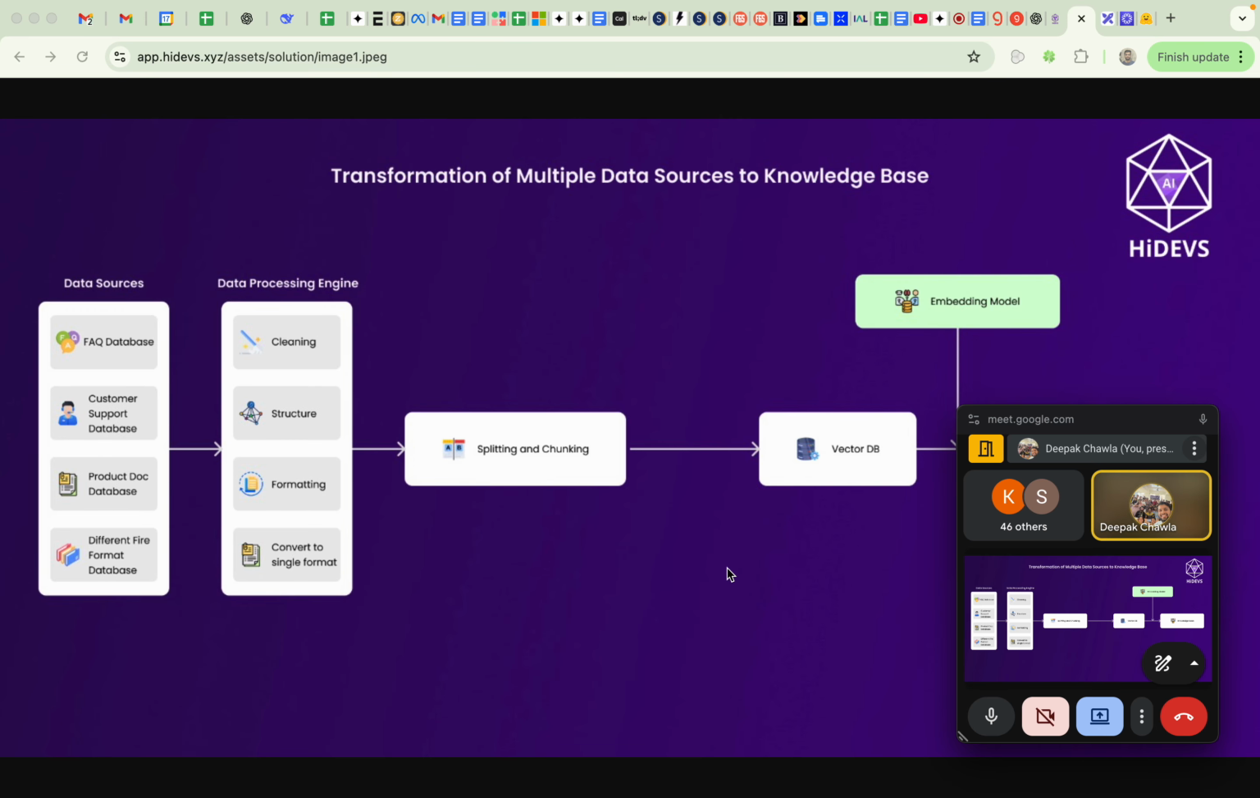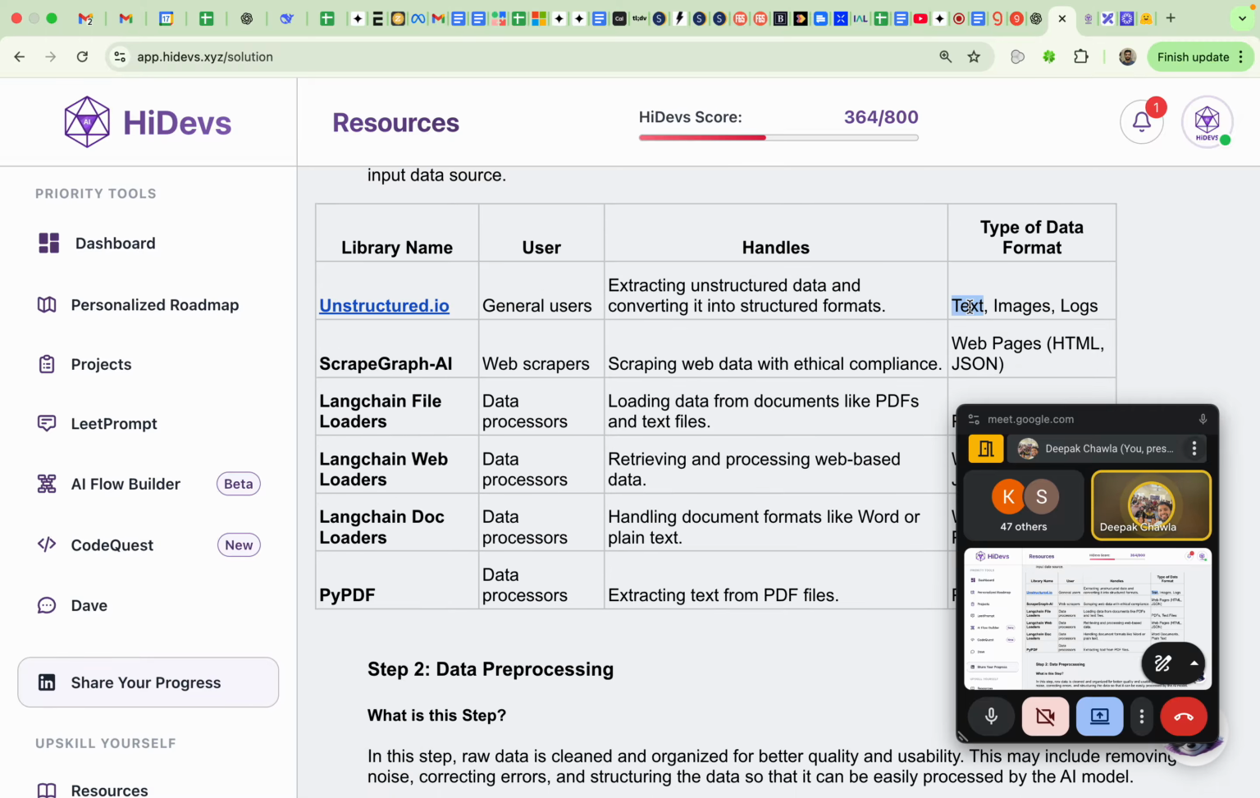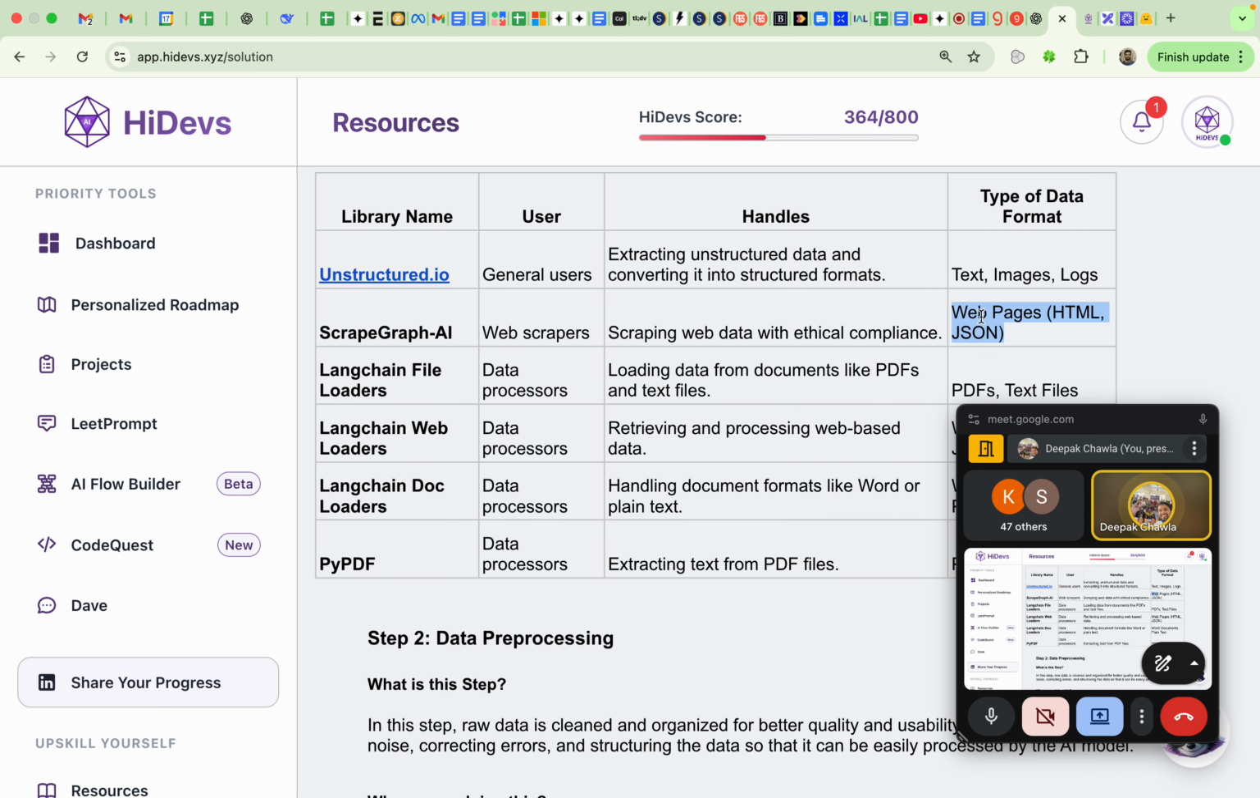So these are a few libraries available in the market. When you have unstructured data formats like text, images, and logs, in that condition you have to use unstructured.io. When you have web pages, then you have to use Scrapy, the LangChain file loader, or the web loader. So different techniques are available for loading the data as well